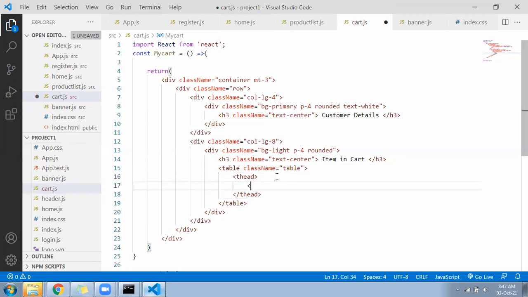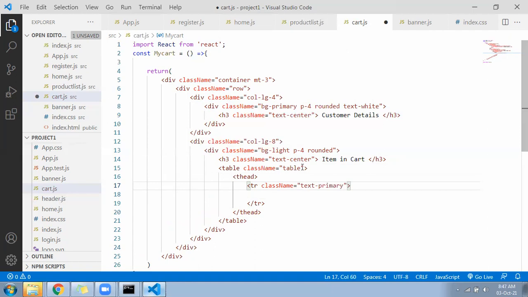tr, className equal to bg-light is already given, okay. Don't give bg-light here.